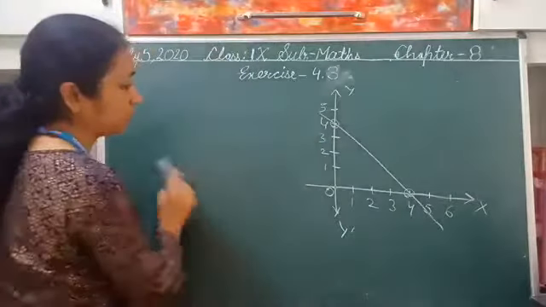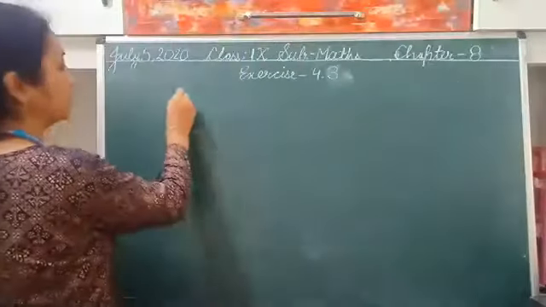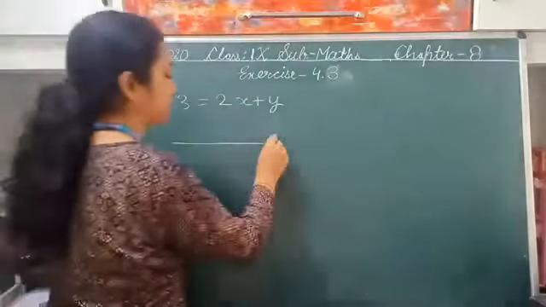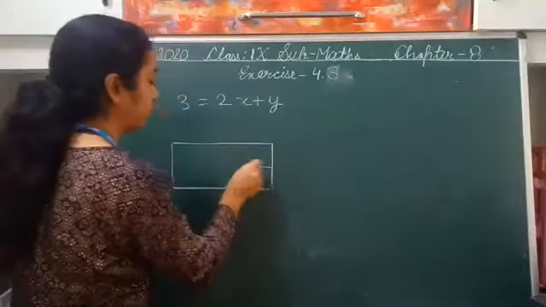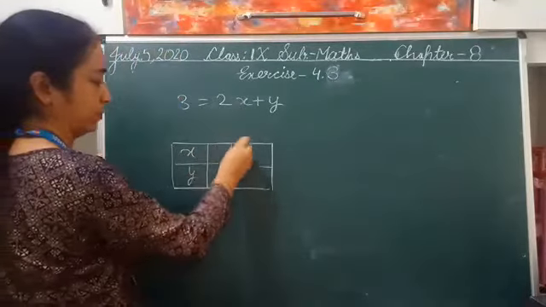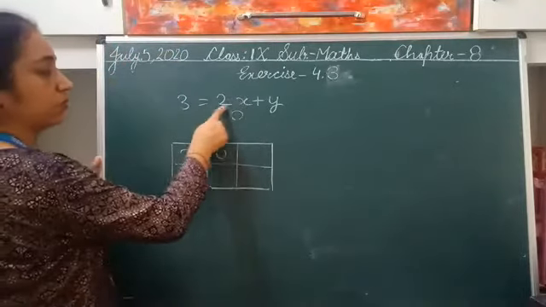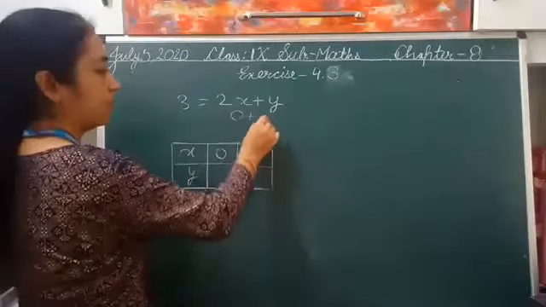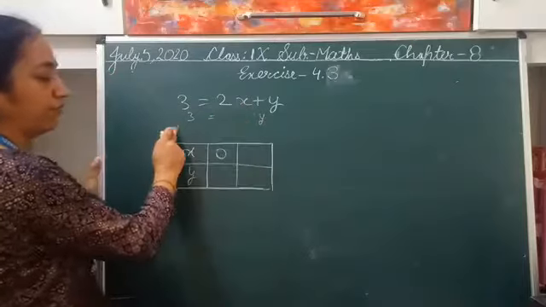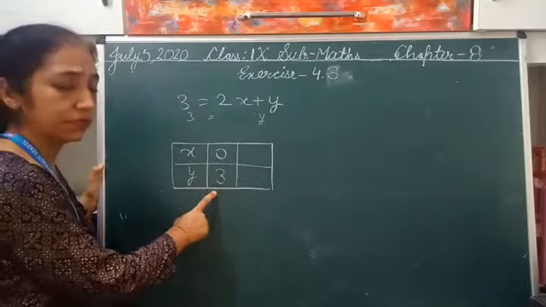एक आपको सिर्फ last part की table बना के दिखा देते हैं. Your last part is 3 = 2x + y, right? इसमें आपको फिर से table बनानी है. You just have to go with 2 values of x and y. I am taking x equal to 0. जैसे मैं x = 0 ले लेती हूँ, मेरी पूरी term हो गई 0, because 0 multiplied by 2 is 0, plus y is equal to 3. तो मेरे पास क्या बच गया? ये 0 तो हट गया. What am I left with? y = 3, right? So one of my solutions is (0, 3).